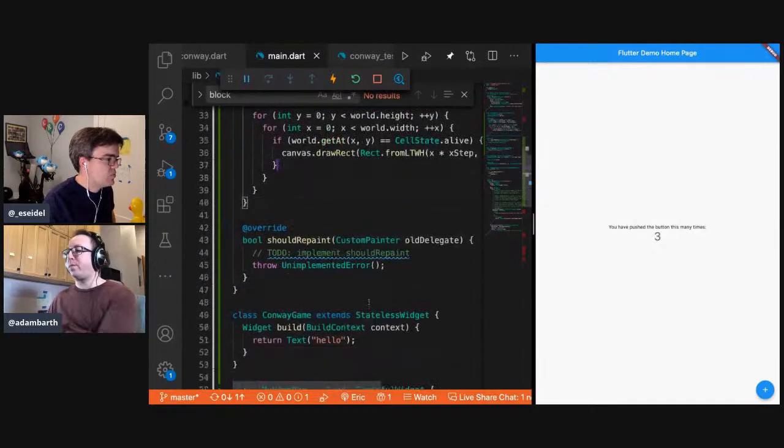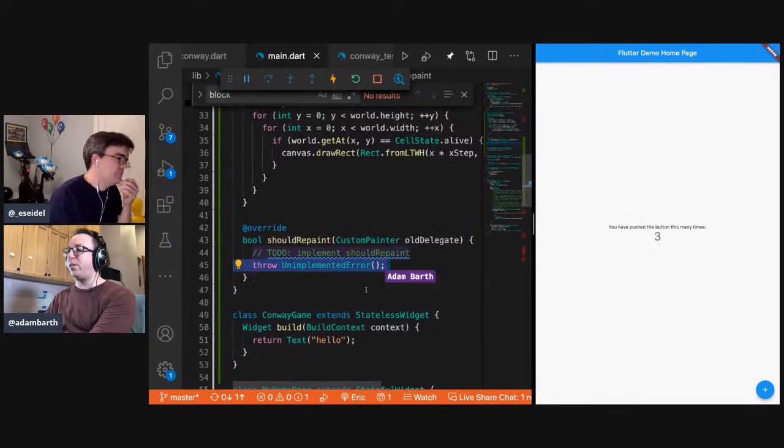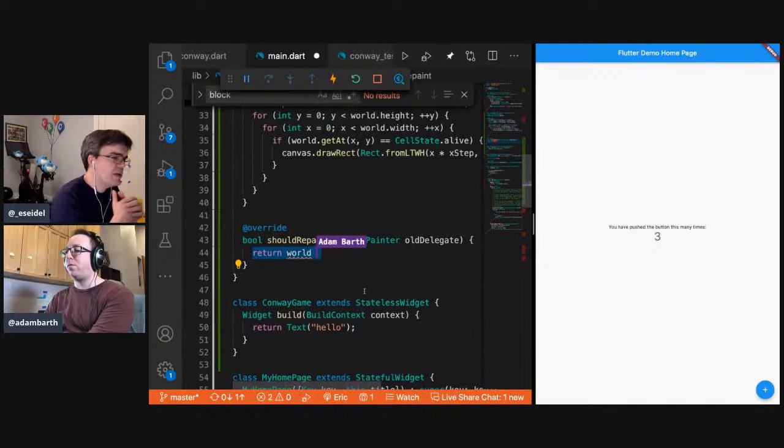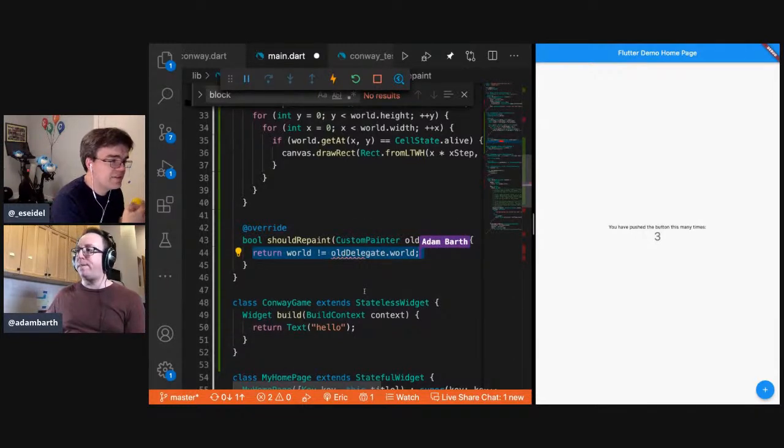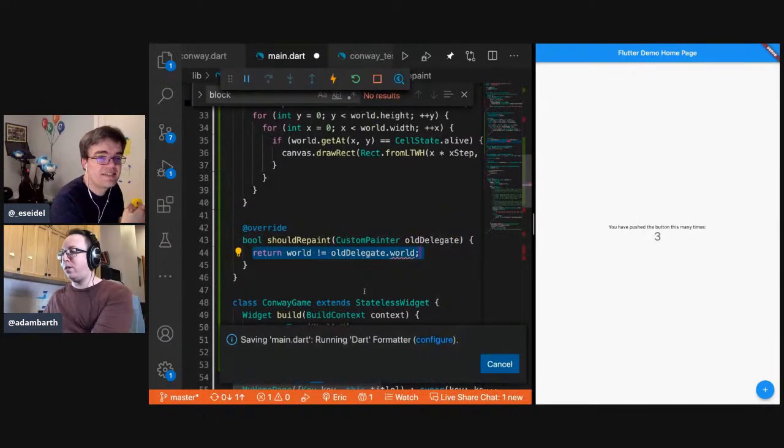Okay, so we need to implement shouldRepaint, which presumably we just do with the world comparison. Which we did not implement comparison for the world. Well, because our next function gives you a new world object, we could just use object identity. This will happen to work, yes.